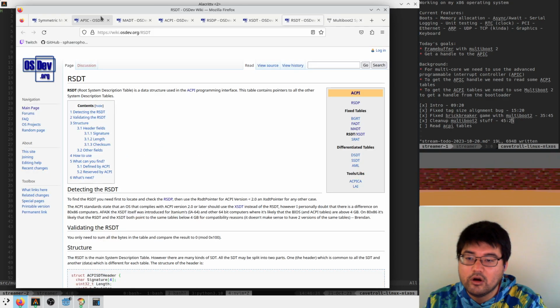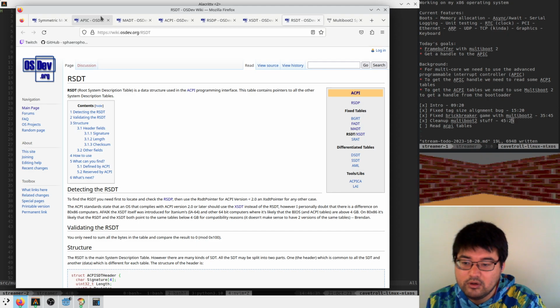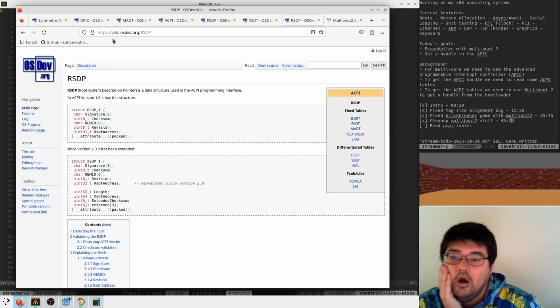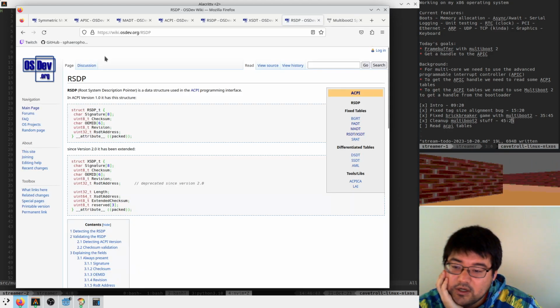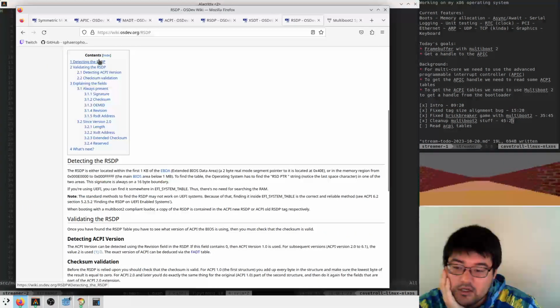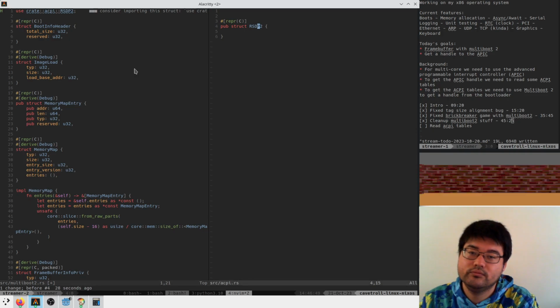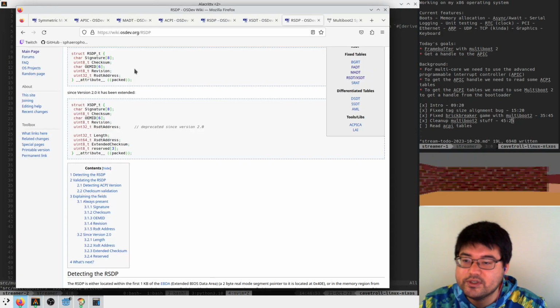Why is it called RSDP in some places and RSDT in others? Oh. RSDP and RSDT are different. Okay. Sure. So what is in this RSDP?